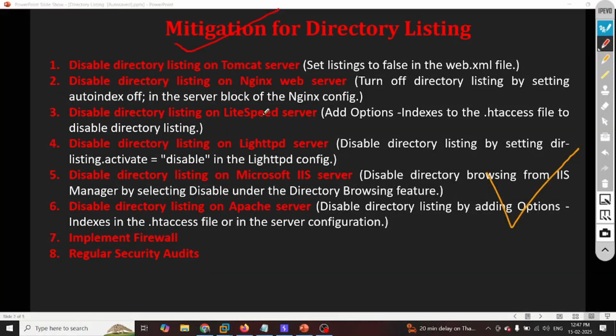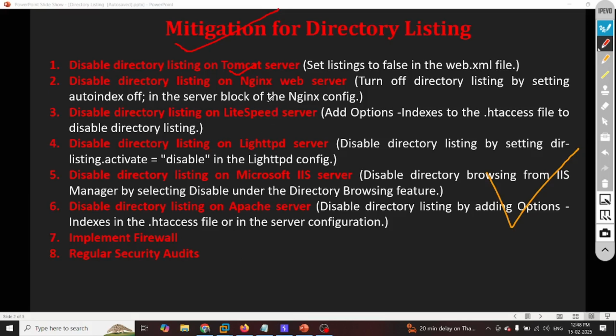So suppose if they are using a Tomcat server, you have to say to set the listings parameter to false in the web.xml file, because that is where the directory listing is controlled. If they disable it or make it false, then it would not be accessible to anyone else.